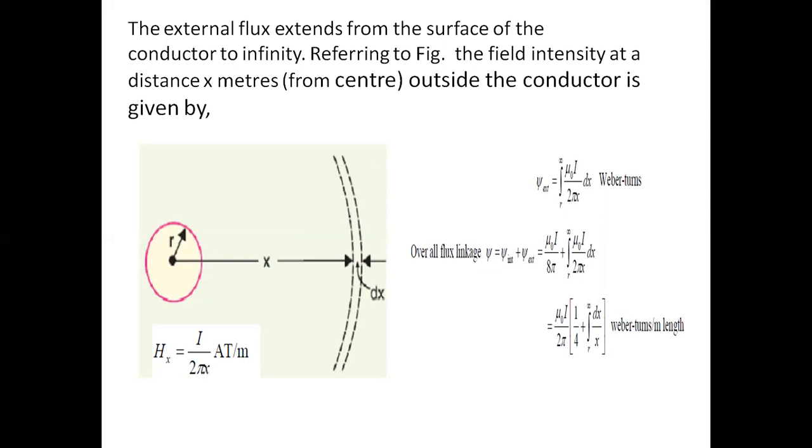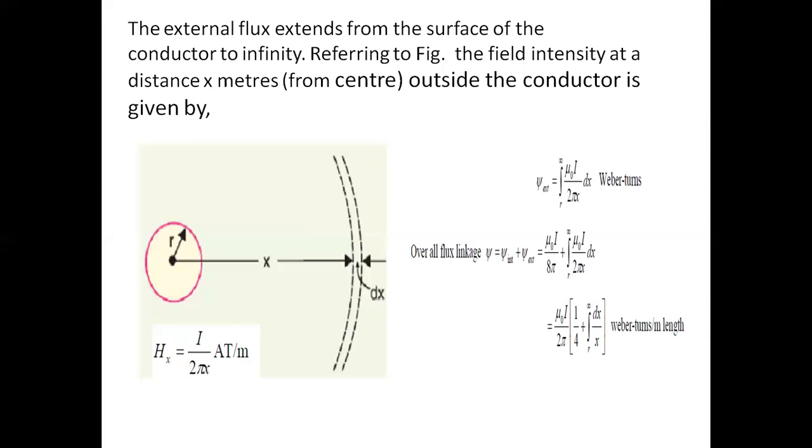So here also I take parallel conductors. The radius of the conductors is r. Another conductor will be placed x meters distance from this conductor of radius r. So the flux produced by conductor B is equal to some value. From that flux, some of the flux will be linking with conductor A.